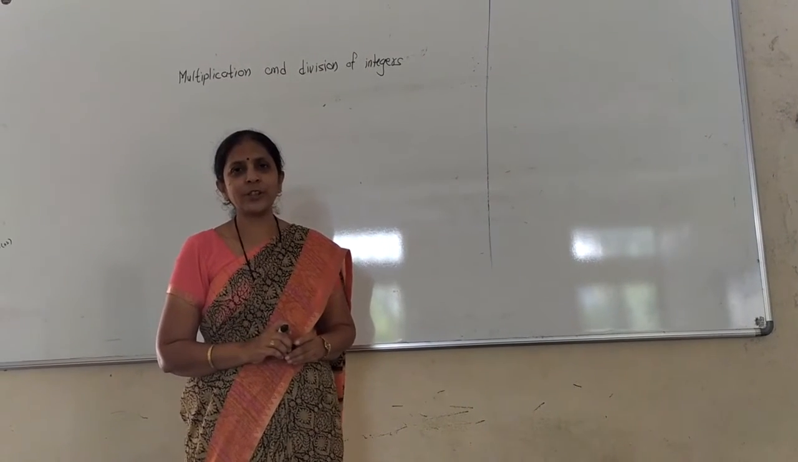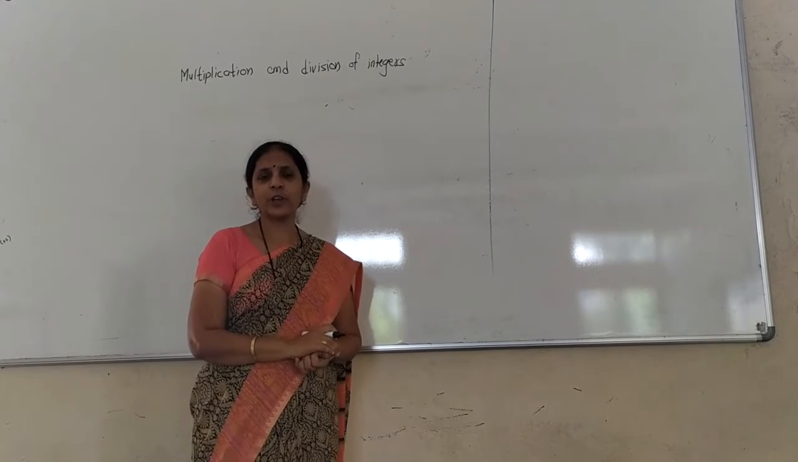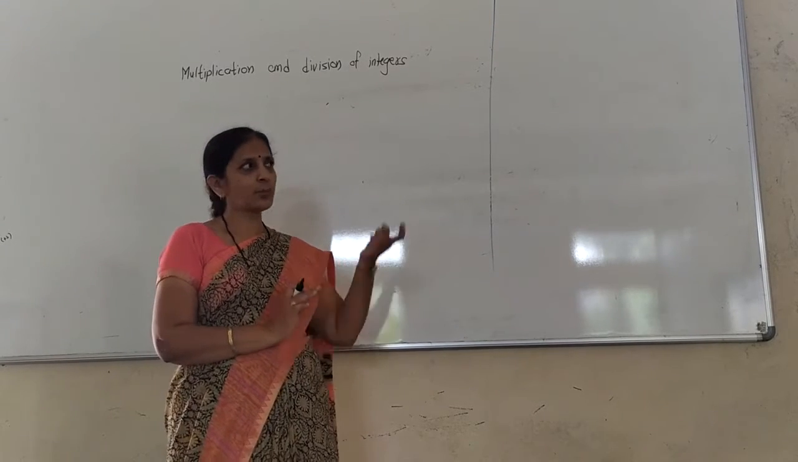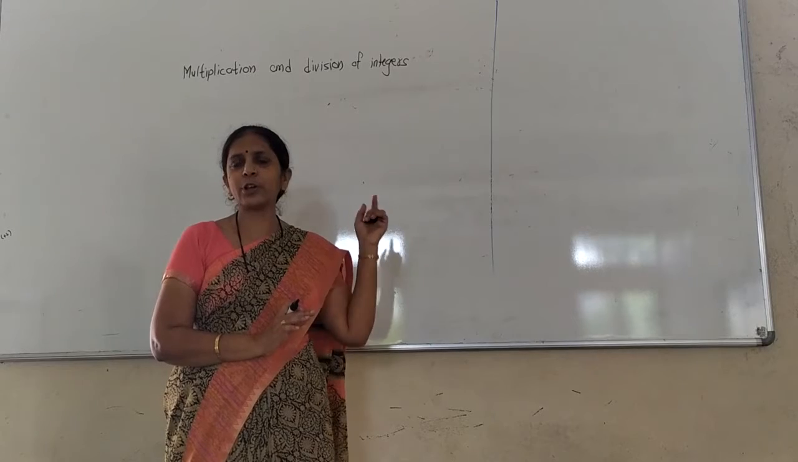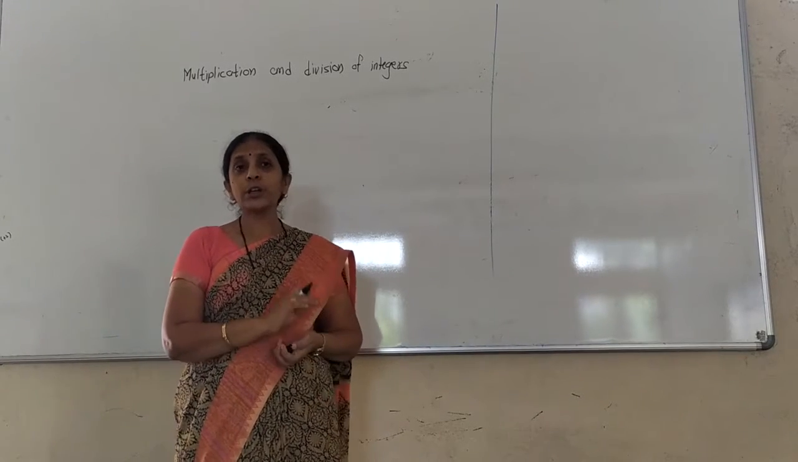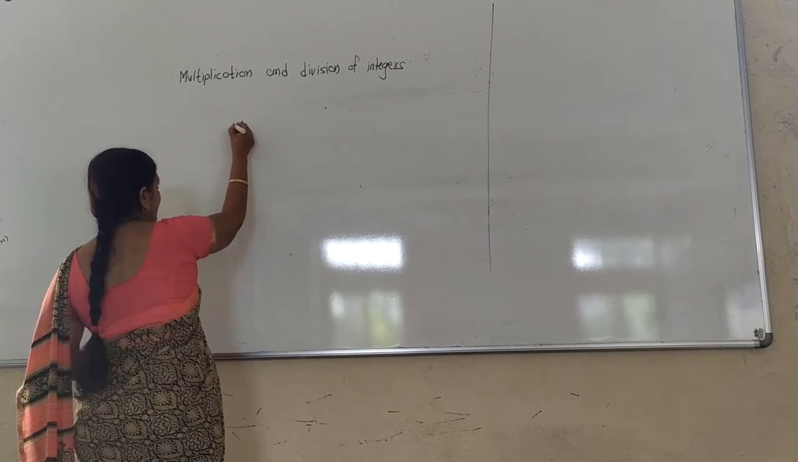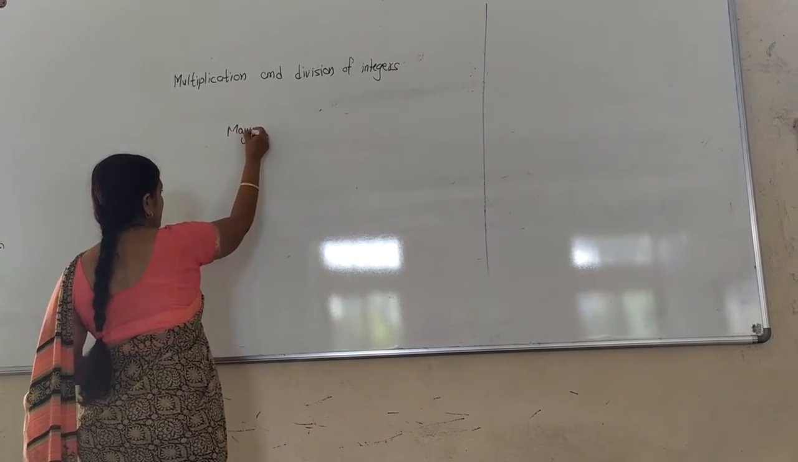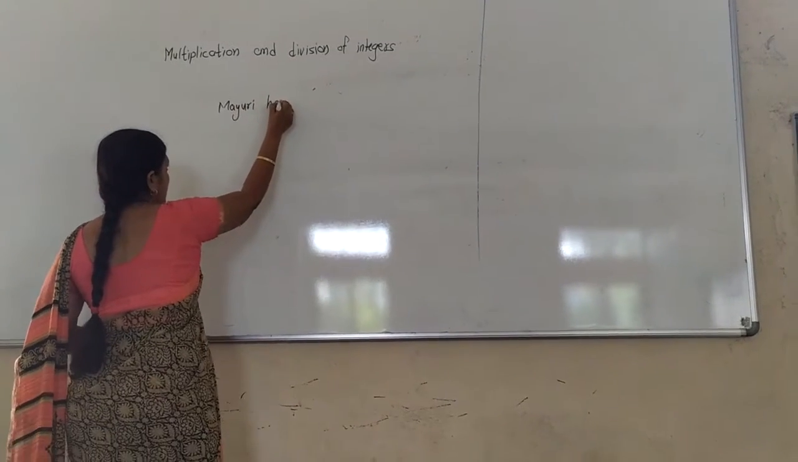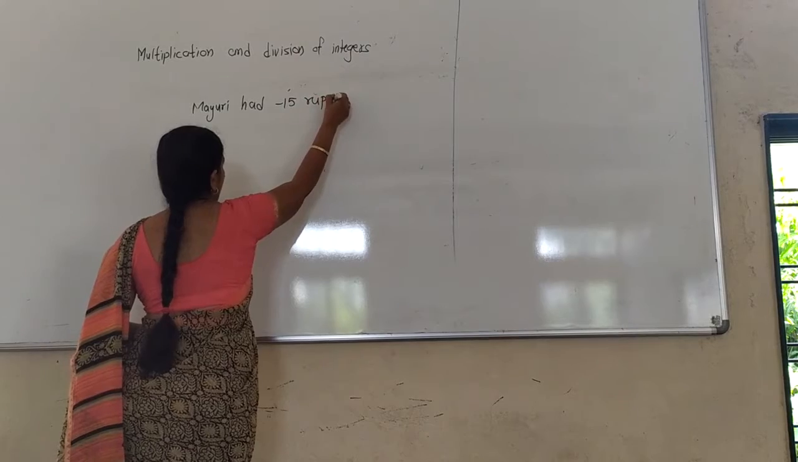In mathematics, when you have to show borrowed money or debt, for that we use negative numbers. From the integers, the negative numbers are used to show the debt or borrowed money. So in this story, we can say that Mayuri had negative 15 rupees. Why? Because